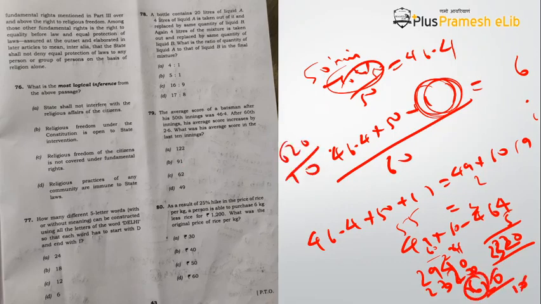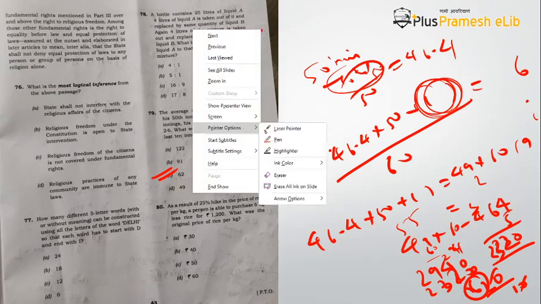Okay, 620 divided by 10, because you have to get the average score of the last 10 innings. So this will be 62. So answer would be C. Okay, I'm pretty much solving every maths question here, so that you know how to solve that particular question. And then we come to finally the last question of this particular CSAT paper, which is question number 80, which